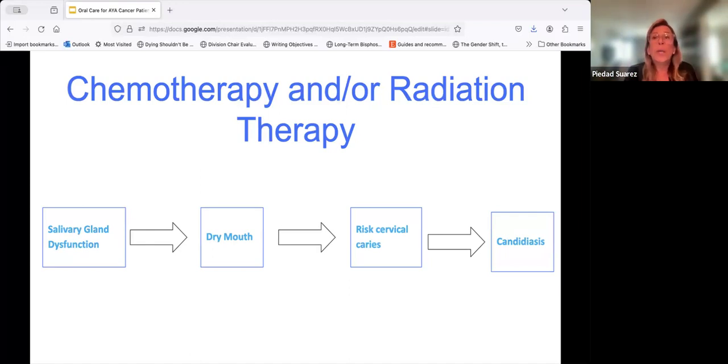Sometimes we tend to have a lot of nausea and vomiting as a side effect of the medication, and that is also going to impact